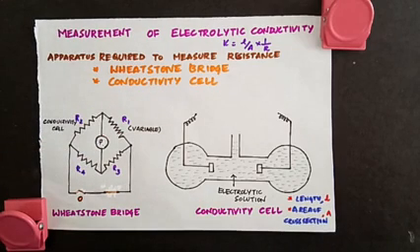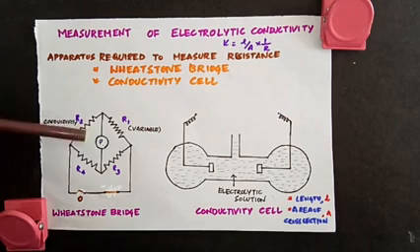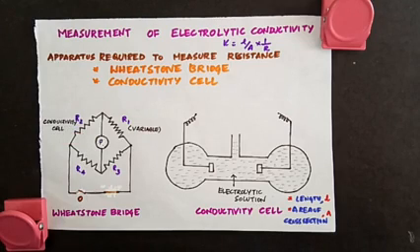After setting up this circuit, the jockey is moved along the wire so that the sound in the earphone is reduced. Actually, this apparatus is provided with an oscillator and a detector. This P is the detector. You would have studied in physics with a galvanometer; here we use a detector. The detector may be a headphone or some other electronic device. When you move the jockey along the stretched wire, the sound in the earphone is reduced. The null point is reached when the sound is at a minimum. When the null point is reached, we say the bridge is balanced, when no current passes through the detector.